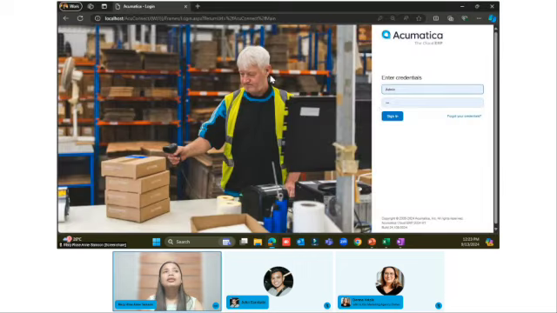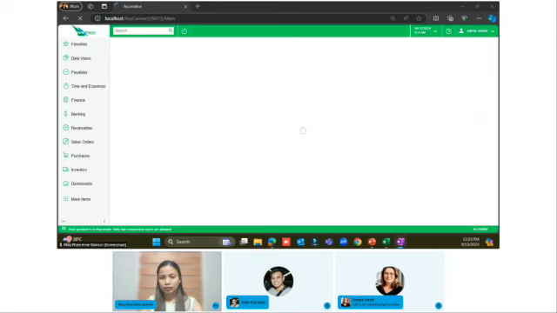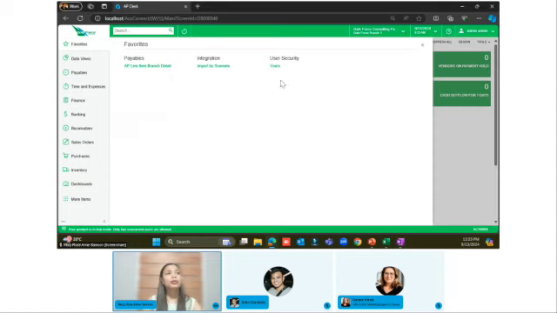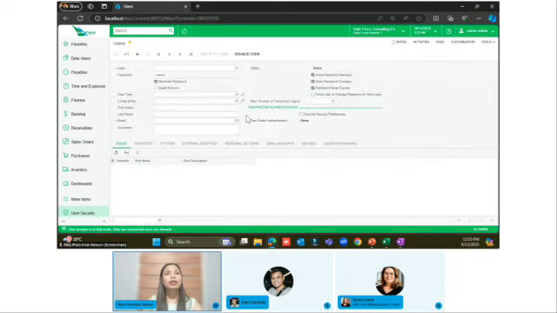So let's log into our Acumatica. Before we access the Acumatica data into our Excel file, let's make sure that all the required setup has been configured to my user account. So to do that, let's go to my user account.